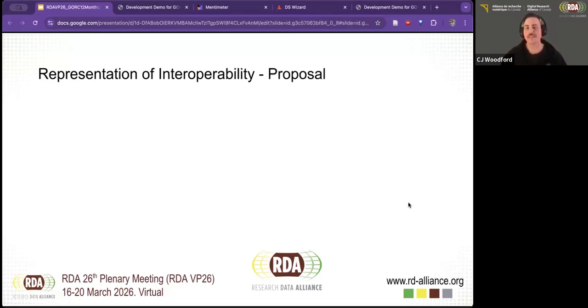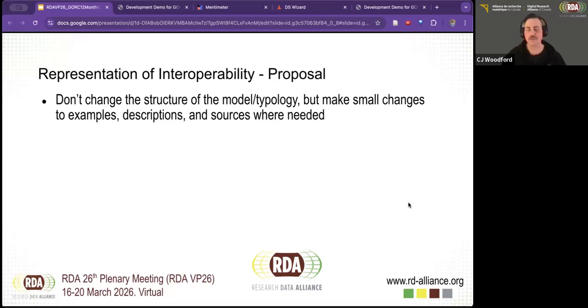All right, so what is the proposal? After a lot of discussion, again, with the working group and then thinking about this within the co-chairship, this is what the co-chairship suggests for us to consider. And we're discussing it here for the first time as a proposal, and it'll also go to the working group for further consideration. So the first thing is we don't want to change the structure.